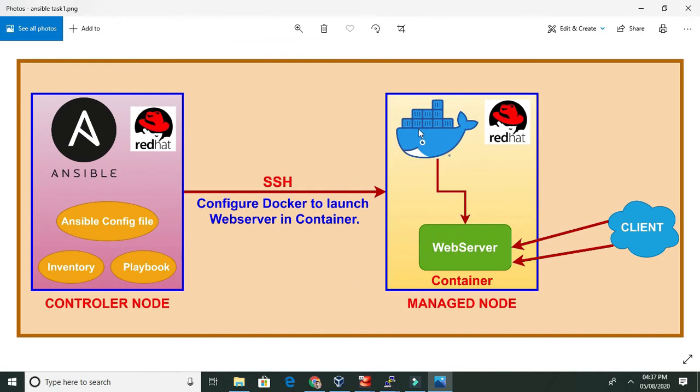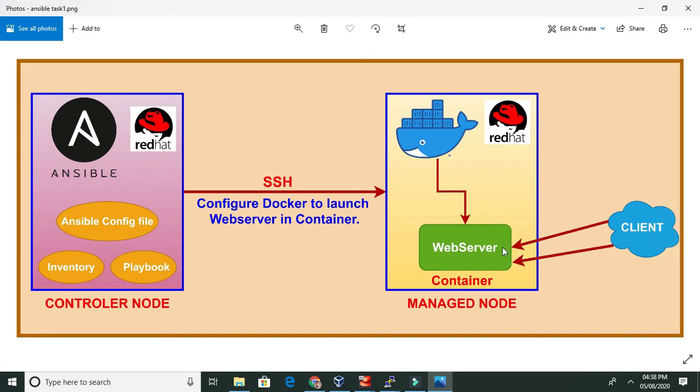First of all, it will configure Docker there, then run the Docker service, then launch the Docker container, and also pull the image from Docker Hub. We will see step by step how to do that. And finally the web server is running successfully.